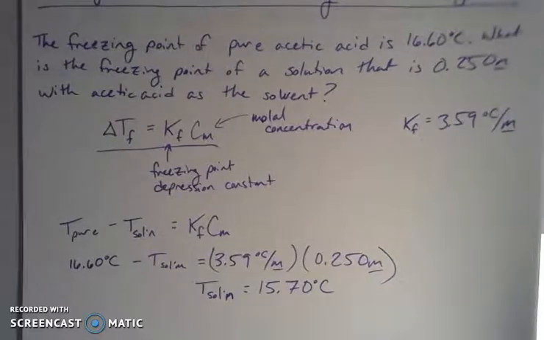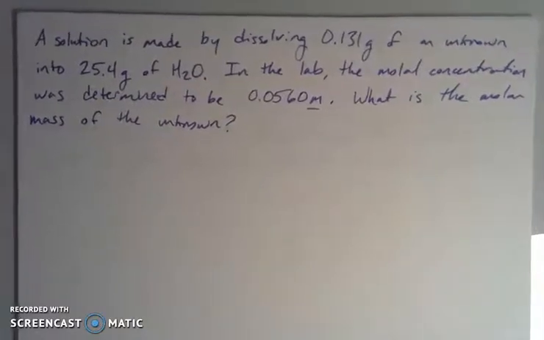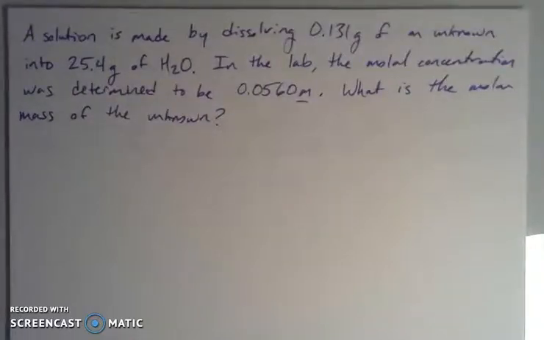So we have a solution that is made by dissolving a solute. So we have some sort of unknown solute that we're dissolving into water. So we're making an aqueous solution. And in the lab, using freezing point depression, because that's one of the ways we can do it, we know